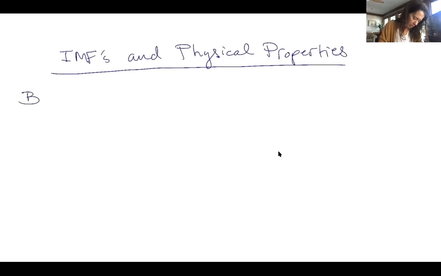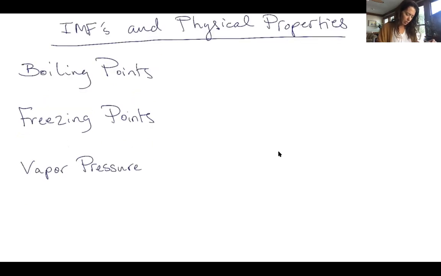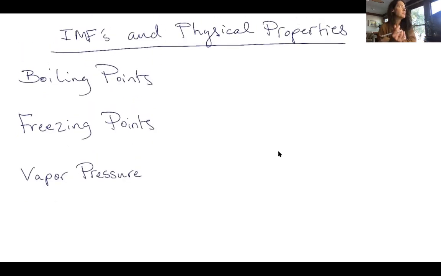We're talking about boiling points, right? We're talking about freezing points. We're talking about vapor pressure, a very common one to see. And those are the most common. I think we're just going to leave it there. If something else pops up, I'll bring it in, or if I think of something. Now, if we have